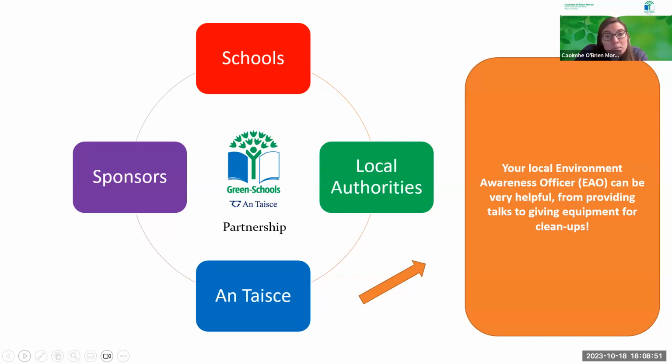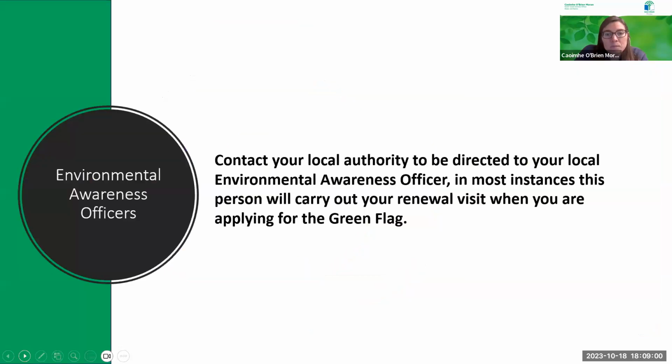You can link in with them as well. And then, of course, it's yourselves in the schools who are doing the work on the ground and trying to get the whole school and wider school community involved. So just again, what I mentioned there, the Environmental Awareness Officer is the person that you can contact for your